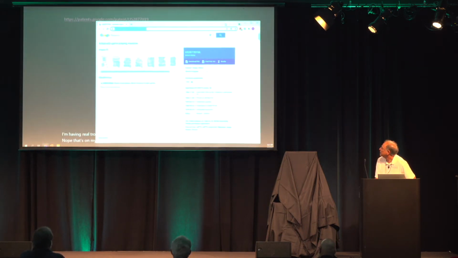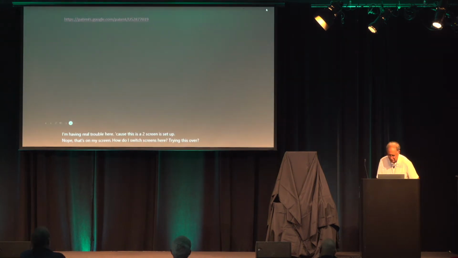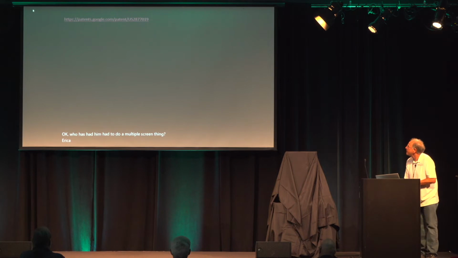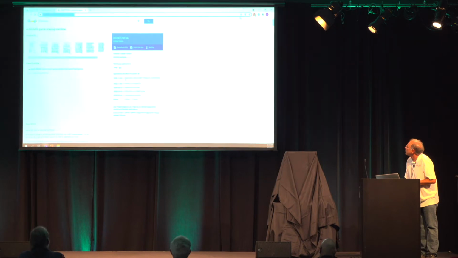There we go. Okay, who knows how to do a multiple screen thing? Where did it go? My apologies. Click. Go. Make it large.